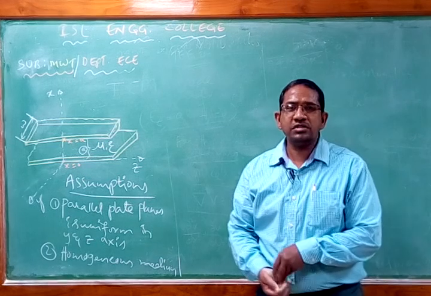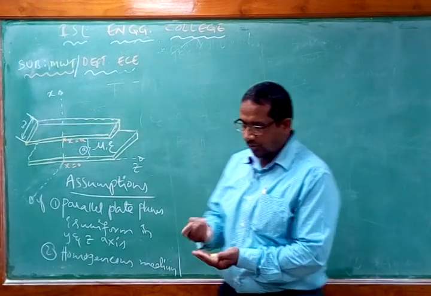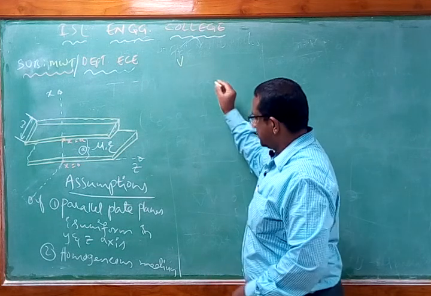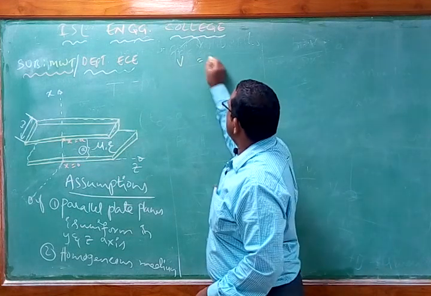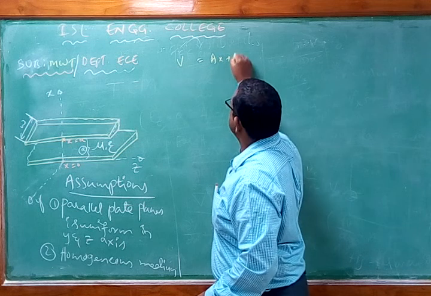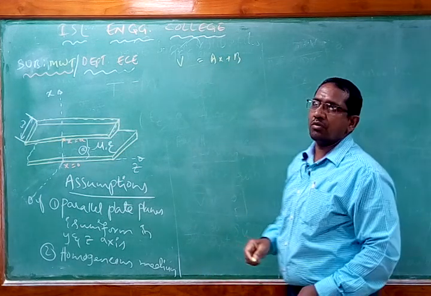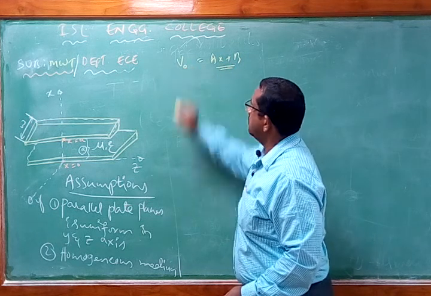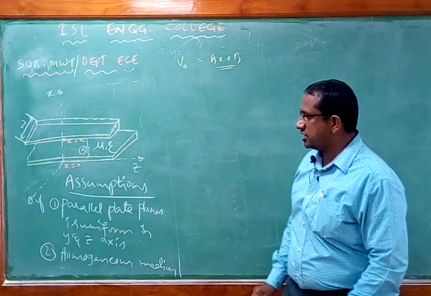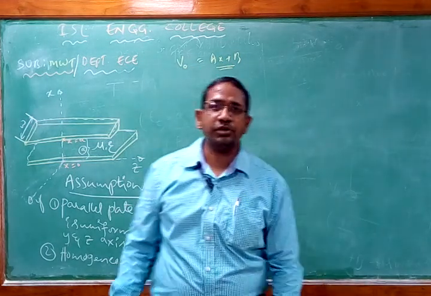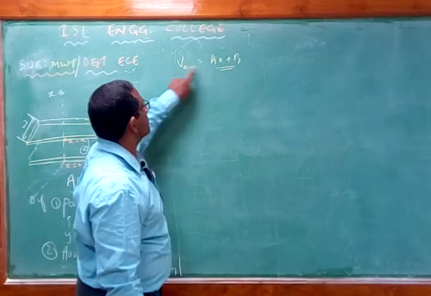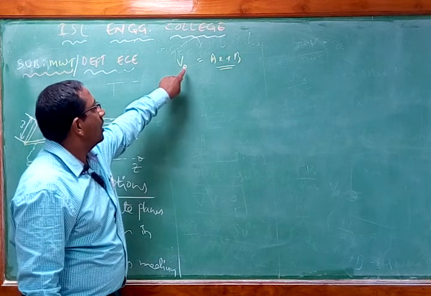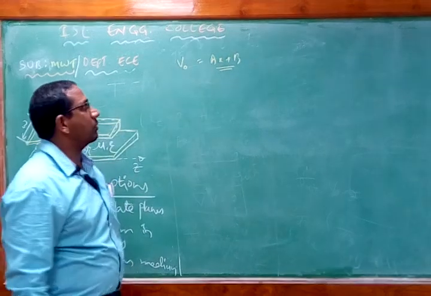Okay, now to find out the general solution, what are we going to do? What is the equation we have got? We have got the equation ax plus b. We have to solve for this particular equation, which is equal to V naught. What is the potential that we applied previously? We applied a potential called V naught. So V naught is equal to ax plus b, where V naught is the applied potential. This is the basic equation we normally get.